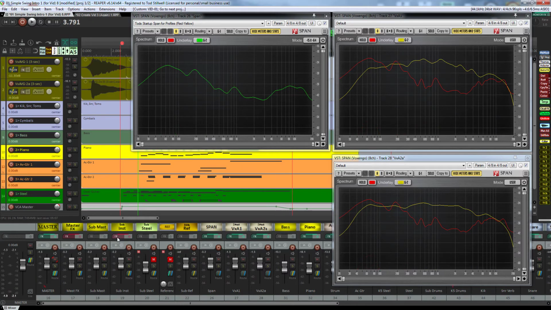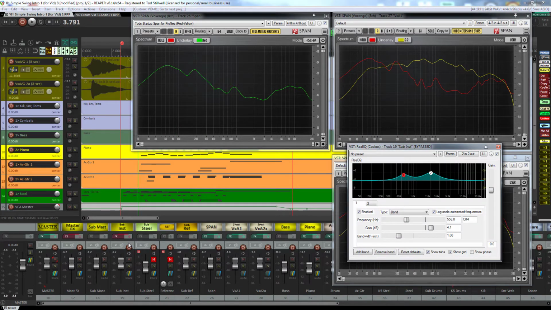So let's open up this EQ I have on this sub-instrument track. And you can see here I'm compensating for the mids and highs. And looking at band number 1, I've got a plus 4.1 dB at 558 Hz, with a bandwidth of 1 octave, which takes care of this area. Then on band number 2, I've got a plus 5 dB at 2 kHz and a bandwidth of 1.26, and